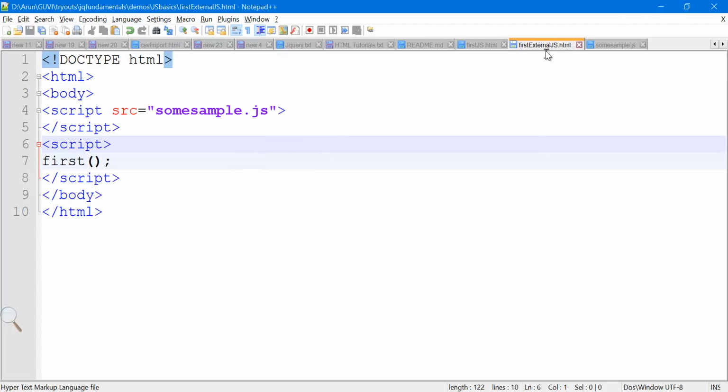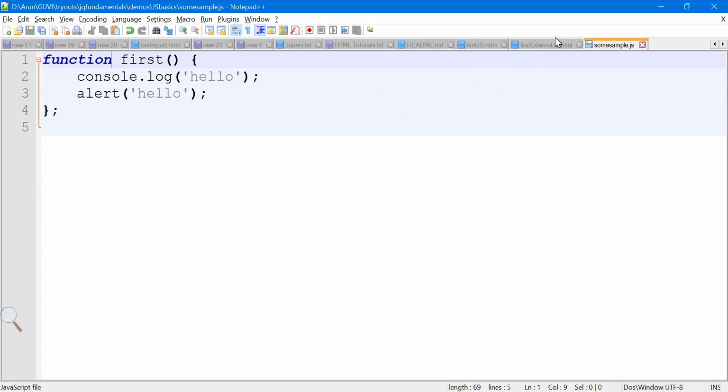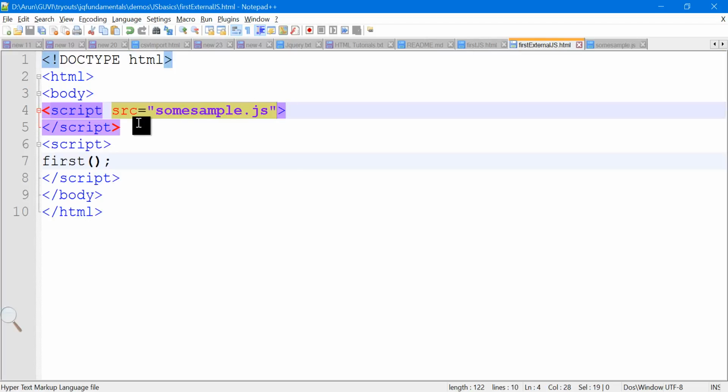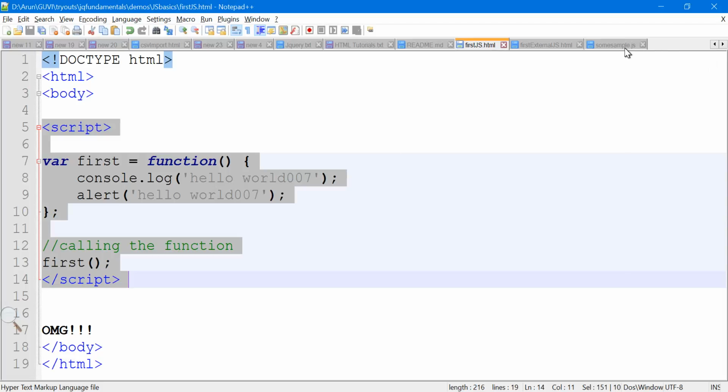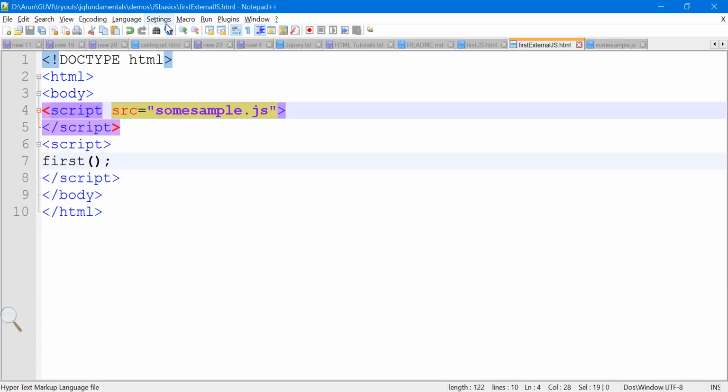I just saved the file as first external js.html, and all I did is use the same script tag. Instead of writing the script inside, I just used src equal to wherever the file is. I have saved the file in the same folder, so I have given the path over here. If I run it, it will run as usual. The only change is I have cut the code from here and pasted it in the separate file. So let's run the external JS